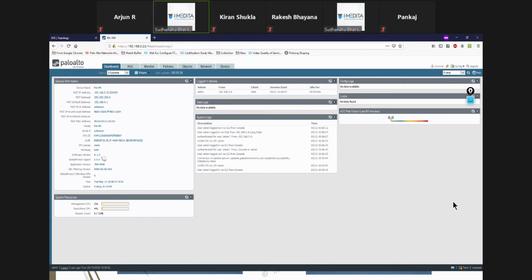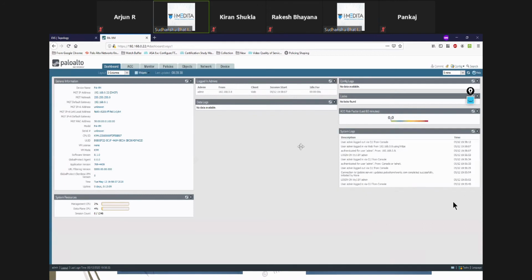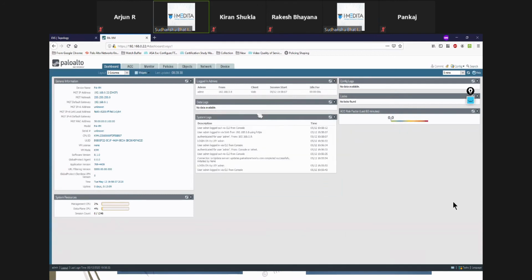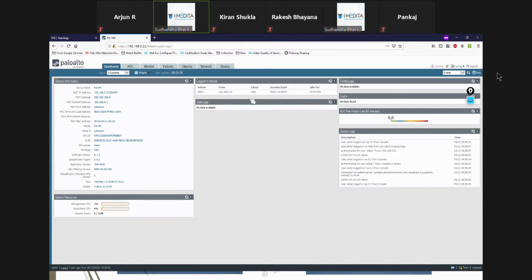Okay. So once you log in, this is the dashboard of your Palo Alto. And you can customize it. Maybe you don't like logs here, you want all the logs to be here, you can click and customize your dashboard.